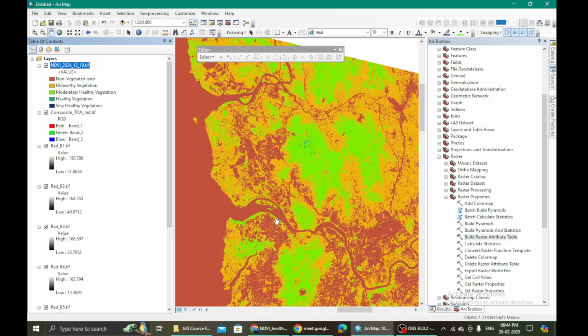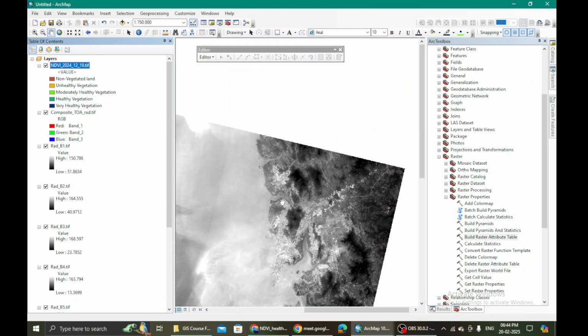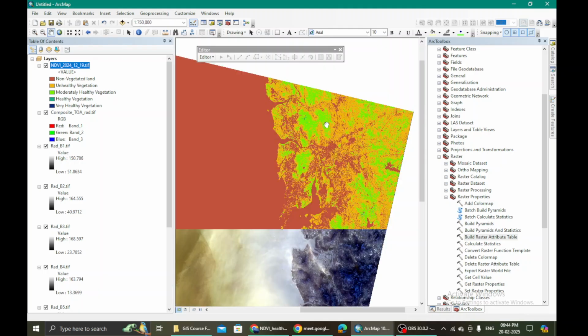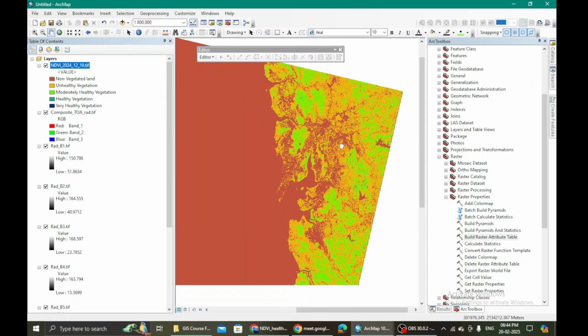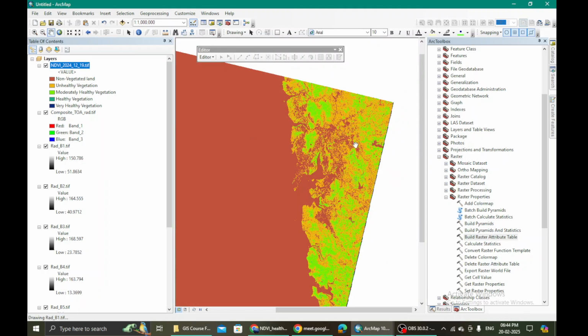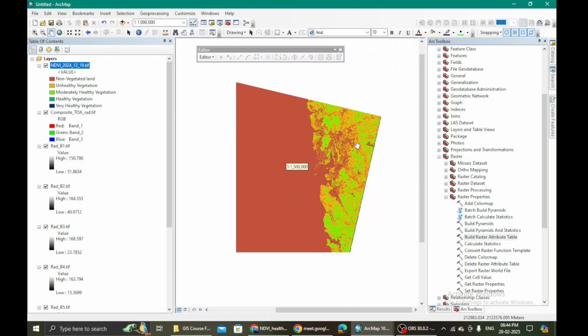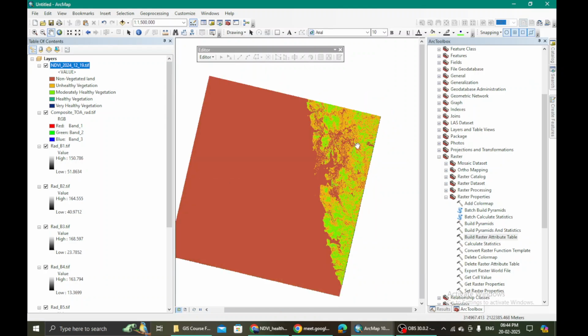Then you also go to another extreme place where the vegetation is degraded, and then note down. Accordingly, field observations can be used to classify your NDVI values for your particular study area. Alright, so this is about NDVI.